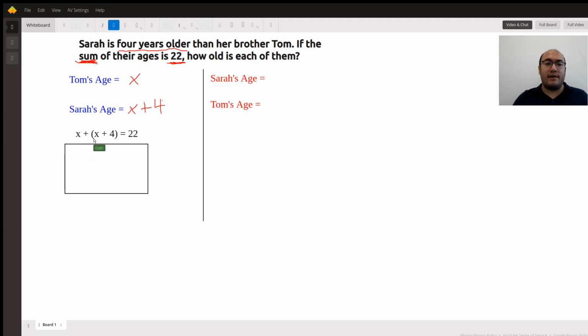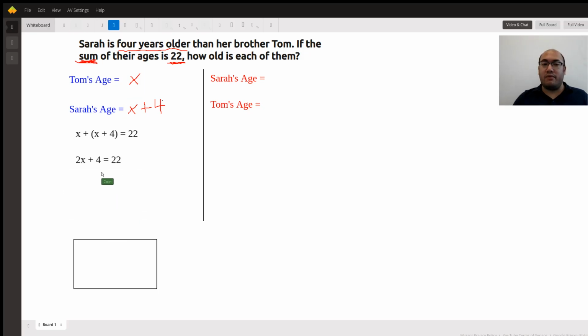So first, I see an x and an x. x plus x, I can add those together. It's going to give me 2x plus 4 equals 22. That's my new equation over here. And then remember that equations work kind of like a balance scale. If you change one side of an equation, you have to change the other side the same way to make sure everything stays equal. So here, my first step after that is I'm going to take away this 4 from